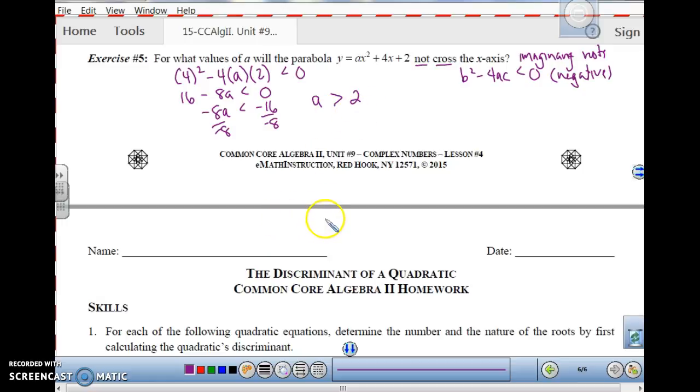Okay, so now we know the 4 cases for each of the discriminant. Using the discriminant, you can find what each kind of root is and